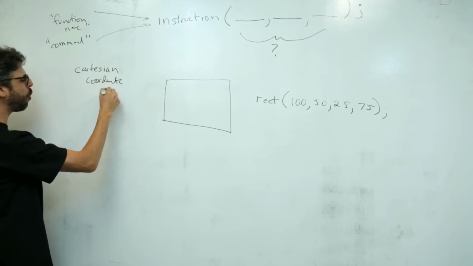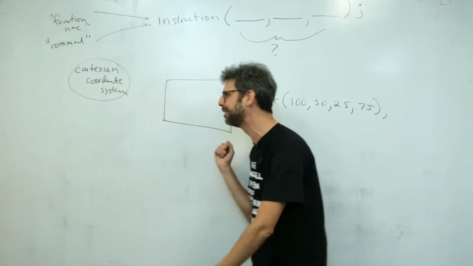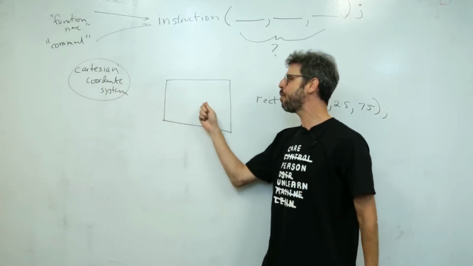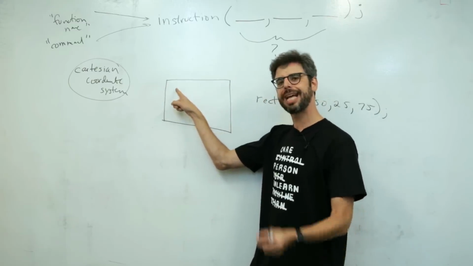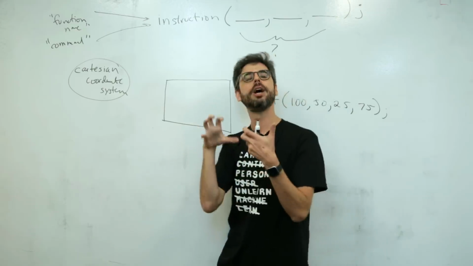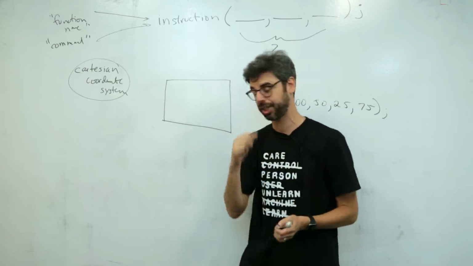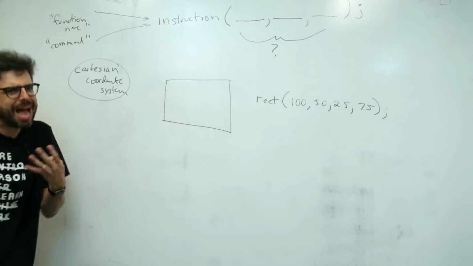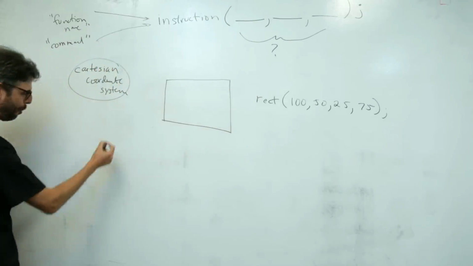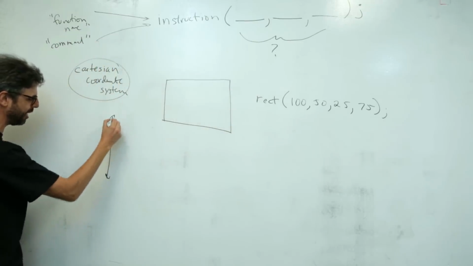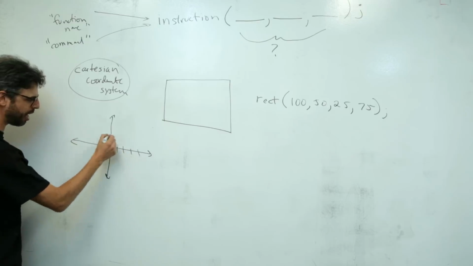So a Cartesian coordinate system, named for the French mathematician René Descartes, is a way of describing a two-dimensional space and saying this spot can be identified by this quote-unquote XY position, or this horizontal and vertical position. If you've taken some type of math or geometry class, depending on where you are in your learning journey, you might have seen a graph that looks like this, with some ticks on it, up and down,